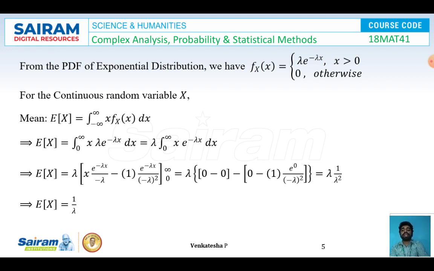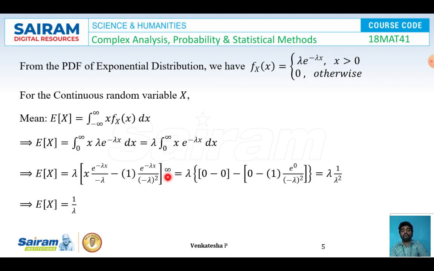So I get expectation of X is equal to lambda, which I am keeping as it is. First keeping the u term as it is, integrating the exponential I get e^(-lambda x) by minus lambda, minus differentiating the u function I get 1, and integrating the function v one more time I get e^(-lambda x) by minus lambda square, between the limits 0 to infinity. Applying the upper limit, the term will become e to the power minus infinity, and we know that e to the power minus infinity is 0. So the complete upper limit contribution is 0.